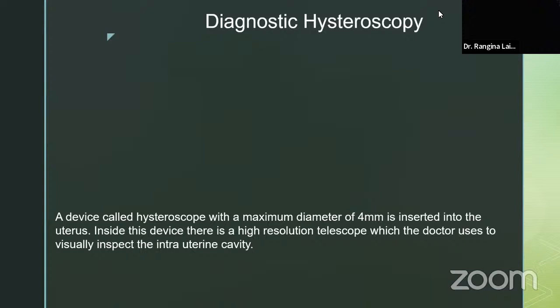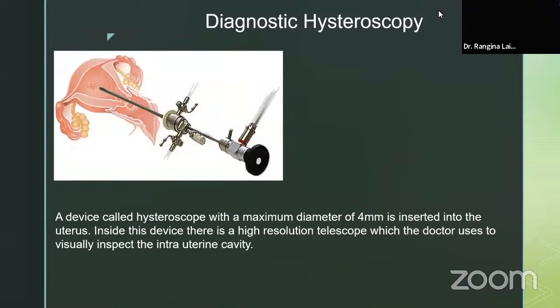Talking about hysteroscopy, let's talk about the instrument. There was a time when we used a 4 millimeter hysteroscope, and as I've already discussed, it is vaginoscopy, cervicoscopy, and uteroscopy, a combination of these three. Now we have scopes of 2.9 mm, and even mini scopes are available from different companies. With the help of these scopes, through the high resolution telescope, we can visualize the vagina, the cervix, and the uterine cavity.